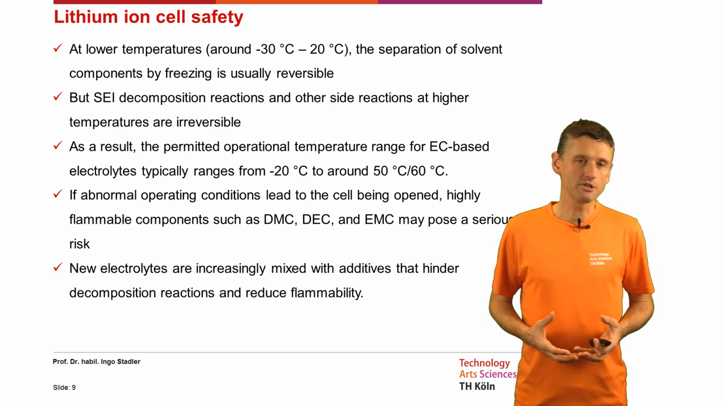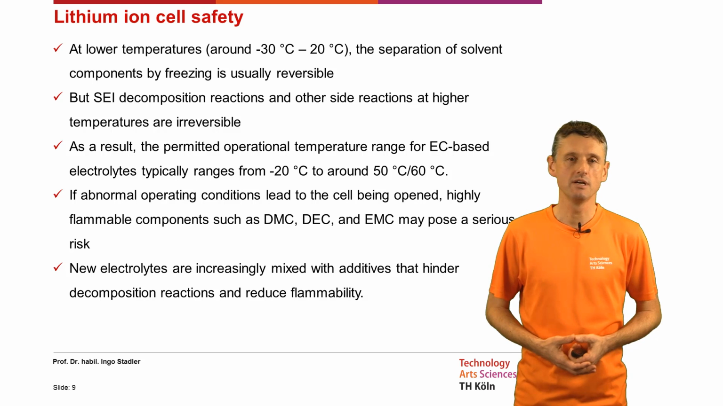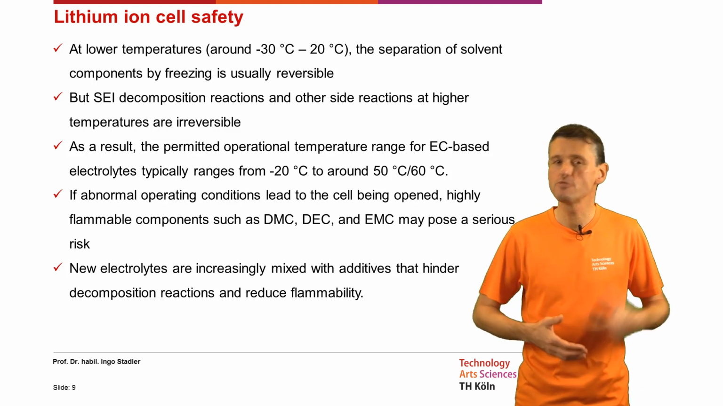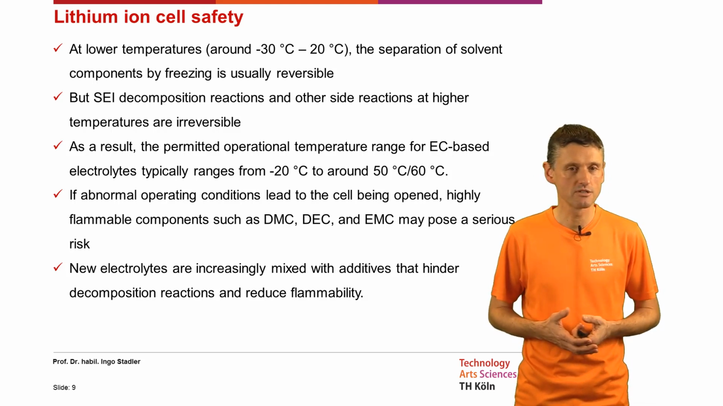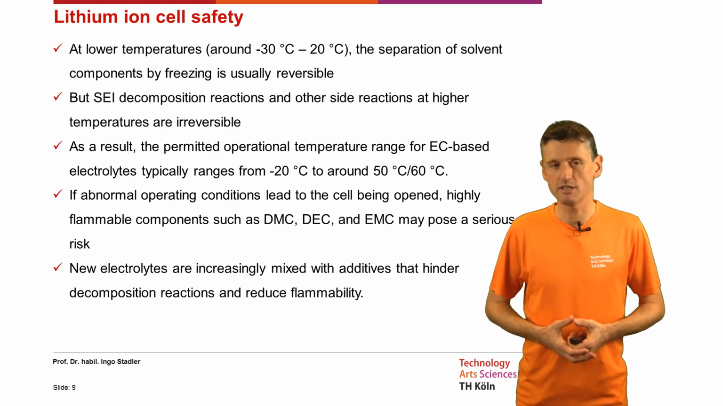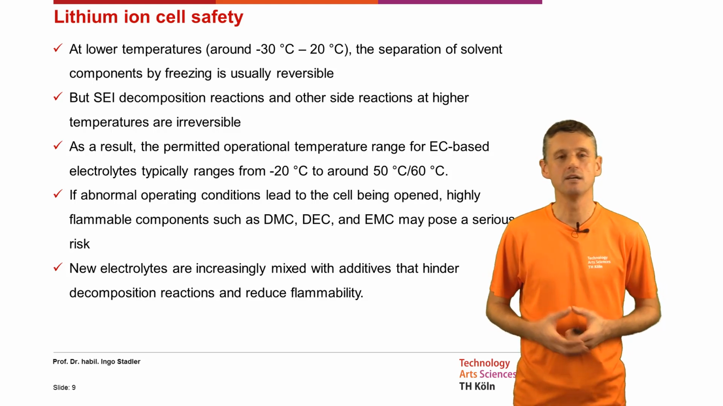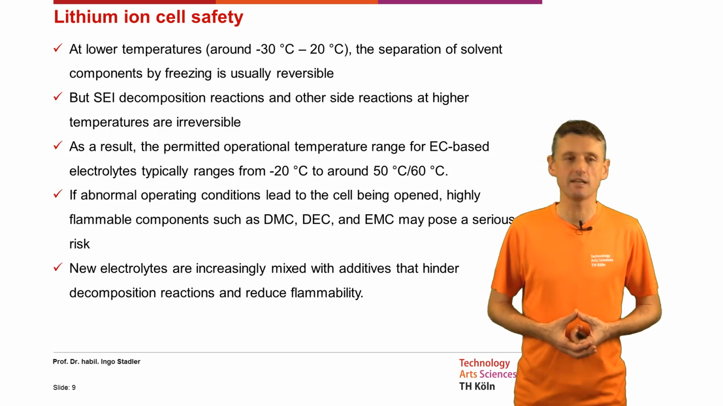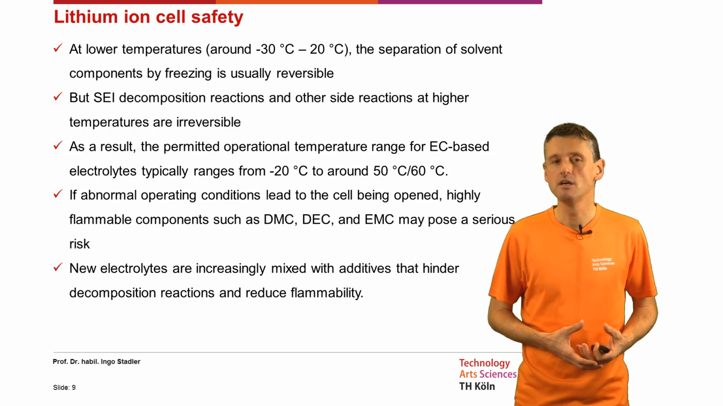At lower temperatures, around -30 degrees to -20 degrees, the separation of solvent components by freezing is usually reversible, but the SEI decomposition reactions and other side reactions at higher temperature are irreversible. As a result, the permitted operational temperature range of EC-based electrolytes typically ranges from -20 to around